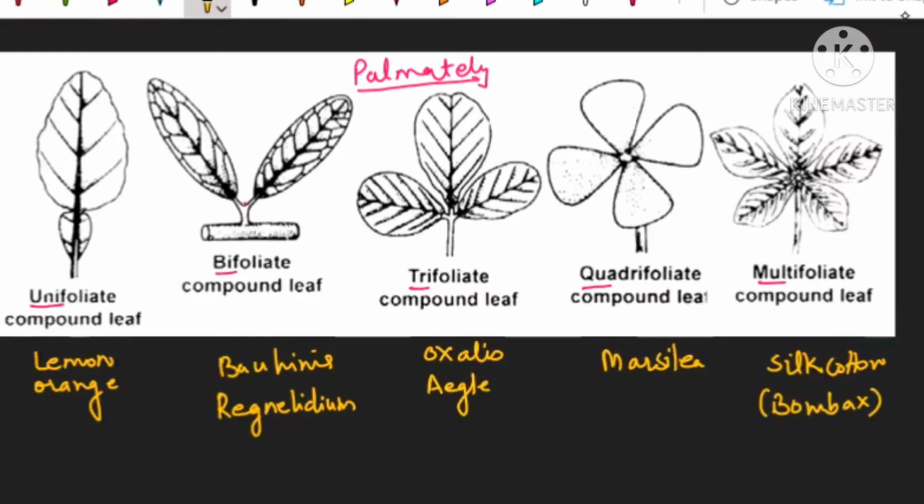So I hope all the topics we discussed in this video are clear to you. In the next video, we'll be studying in detail phyllotaxy and modifications of the leaf. But one thing I just want to focus on right now: remember the bud is present in the axil of the leaf only, not in the axil of the leaflet. Please learn carefully. Clear, beta? Thanks for watching.